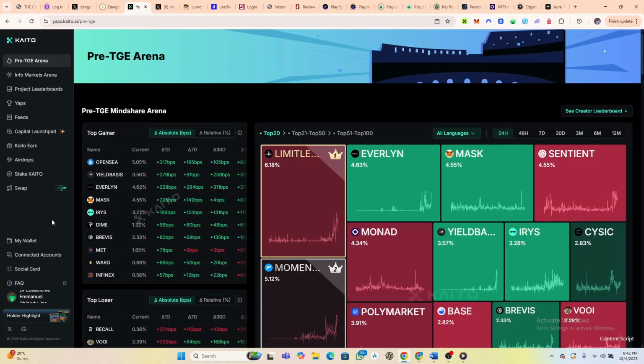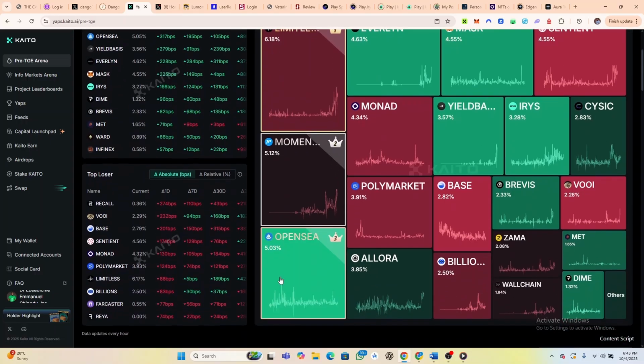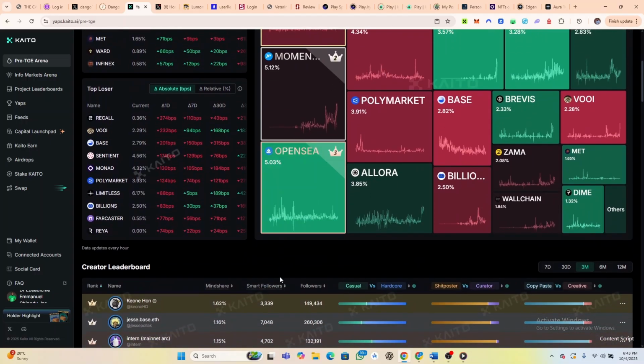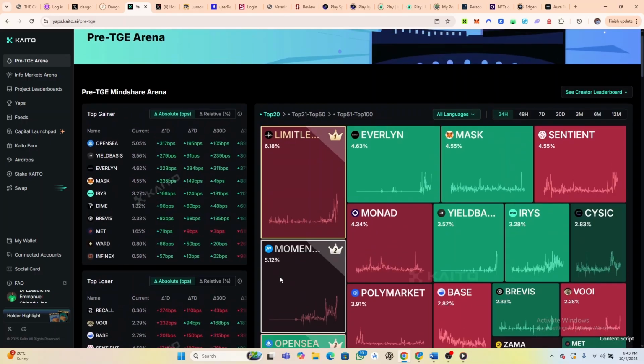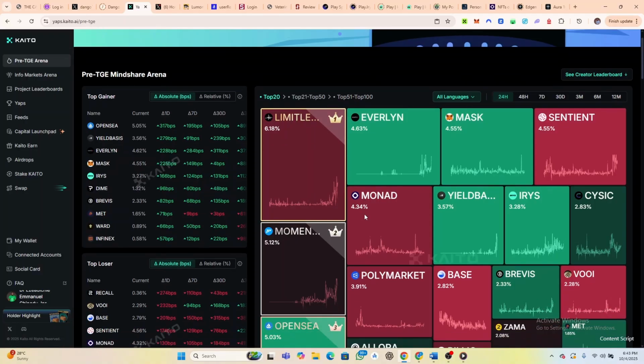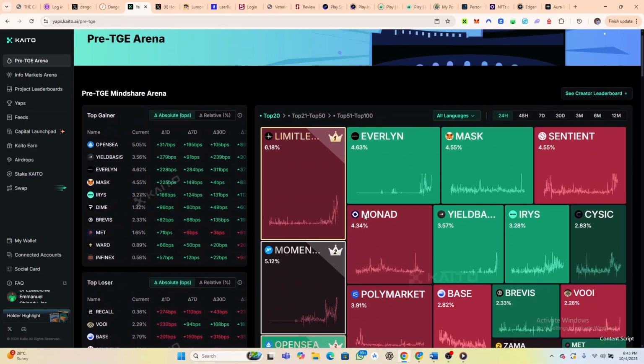with Kaito. So on my left-hand side is the Kaito dashboard, and you can see here we have the pre-TGE arena. Now this pre-TGE arena is just what? The arena that shows all the projects that have not yet done their token generation event. Now that word you're seeing there, TGE, means token generation event. Pre means before. Okay, so these are projects that are yet to do their token generation event, and they are